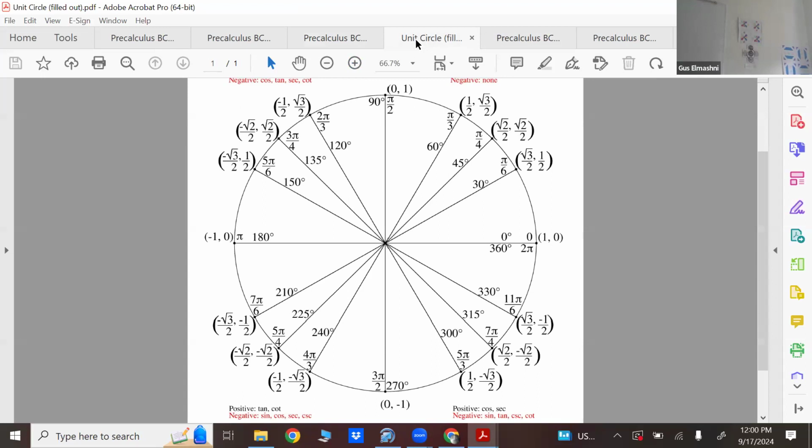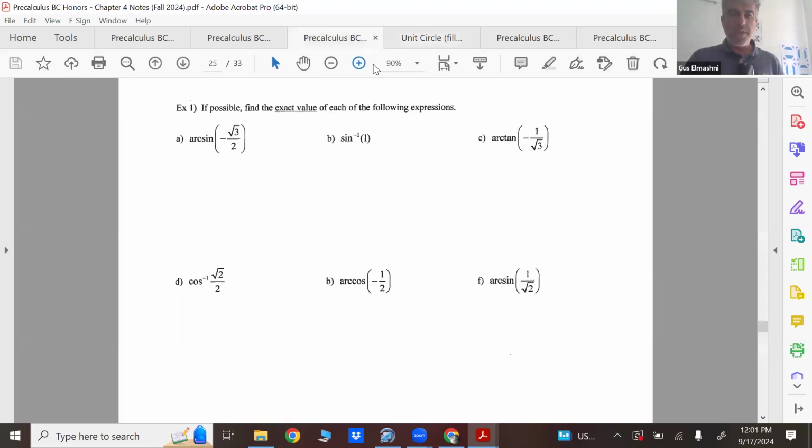But our default range, so we don't drive ourselves nuts, and so that inverse cosine stays as a function, our default range is the top half of the unit circle, from 0 to 180, or from 0 to pi. So from the top half, cosine's positive clearly over here. What angle correlates to that? Pi/4 or 45 degrees. So the answer for part D is going to be pi/4